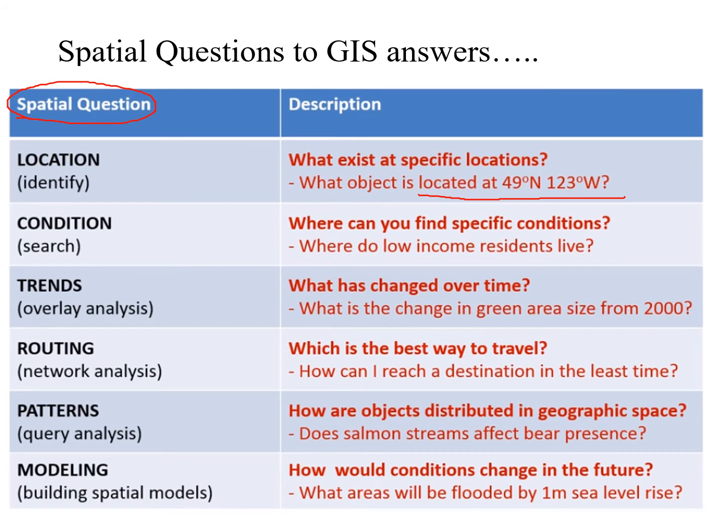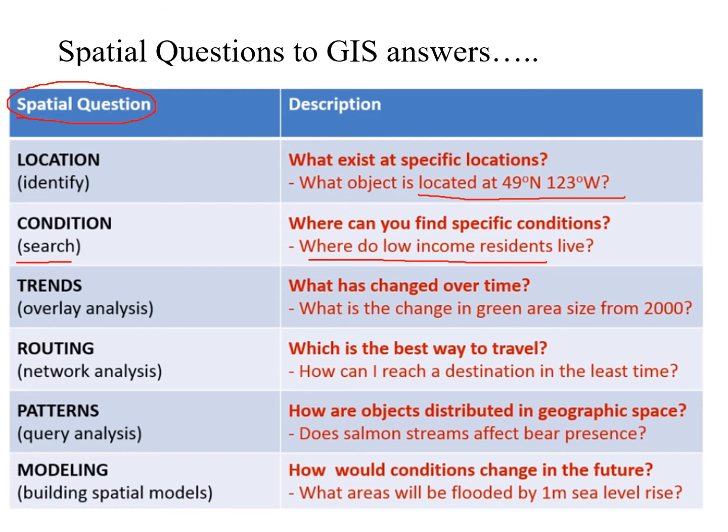Then second, conditions. That means we need to search for the condition of that particular thing. What does that mean? For example, where do low income residents live? That may not be clearly understood from that alone, so we need to explore more. We have to collect the data from the residents we have, define first, and after that reject the incomes which are above the low income.